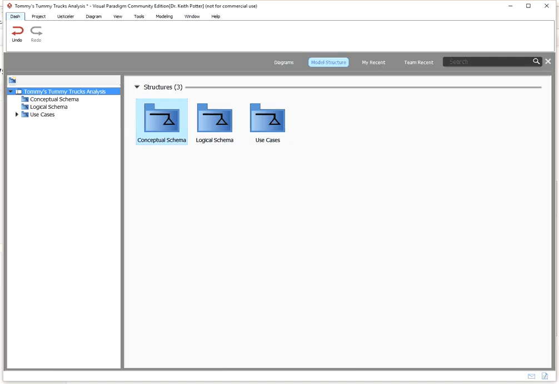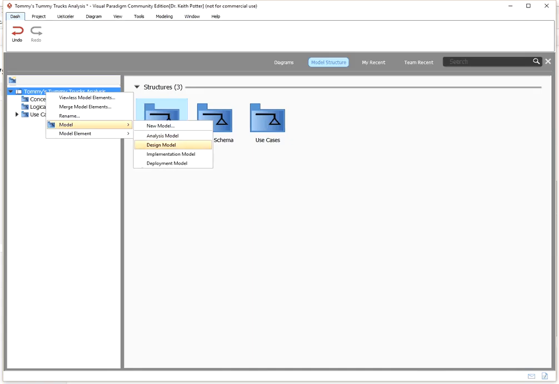In this video, we will learn how to create an activity diagram. Our diagram will be based on the use case that we've already created. To begin with, while in model structure mode, we will right-click Tommy's Tummy Trucks Analysis and create a new design